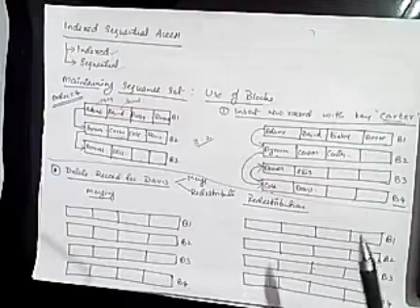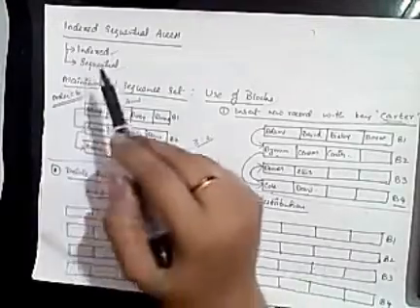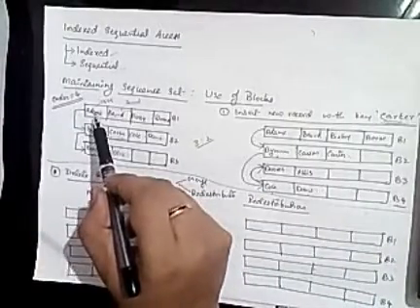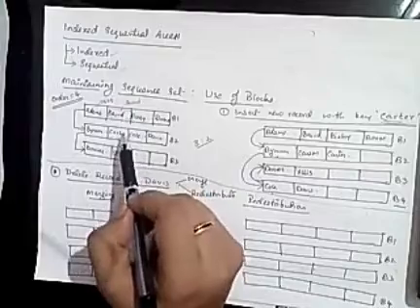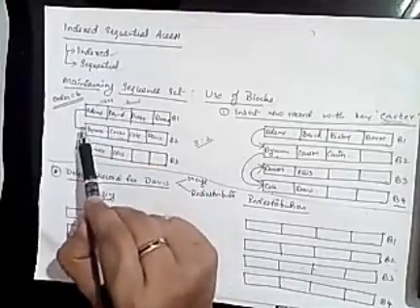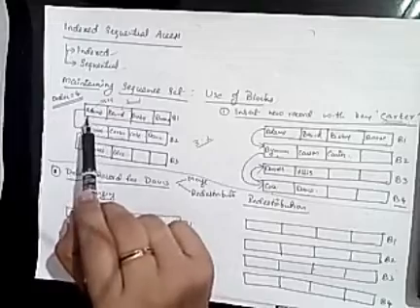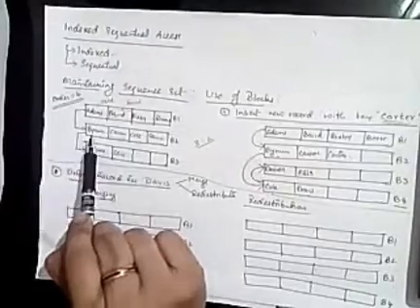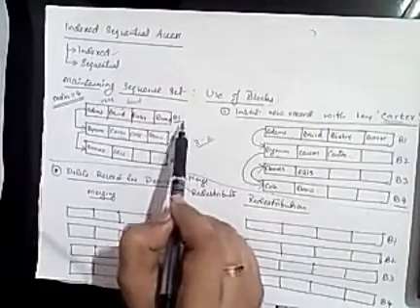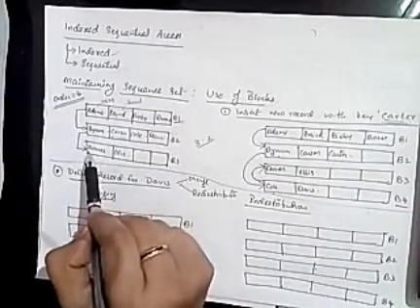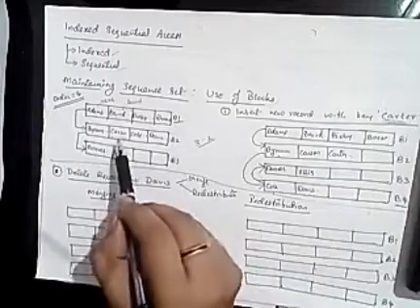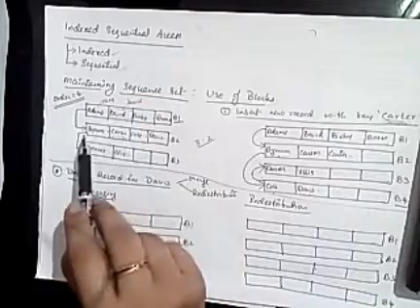Since it is indexed sequential access, obviously it should be indexed. That means using the key you can access the records, and sequential in the sense that it is connected sequentially. If you consider ascending order, soon after Bo you have By. So block 1 should be interlinked with block 2, that is sequentially connected. Whenever we insert a new key Carter, where can I insert it? After this.